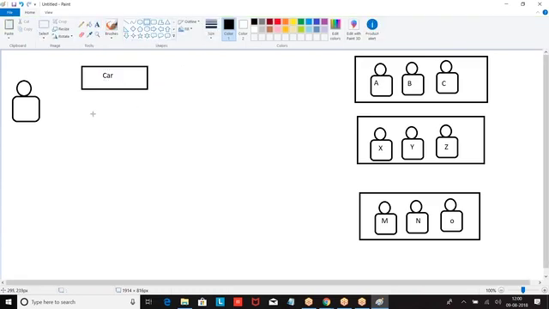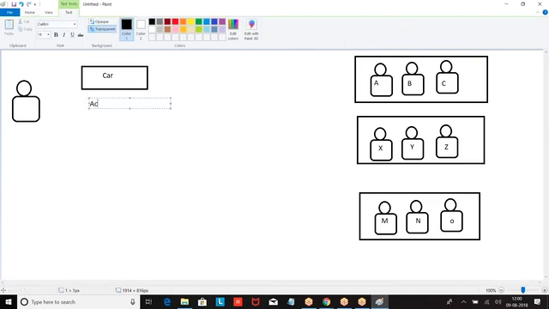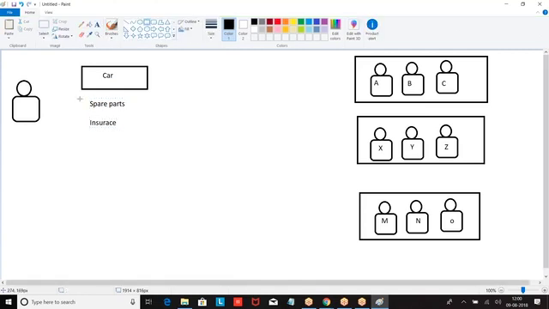Now, there is a team. This guy wants a car. On top of this car, he wants some accessories, some interior, spare parts. And also he wants some insurance. But when you are purchasing the car, there is a separate team.